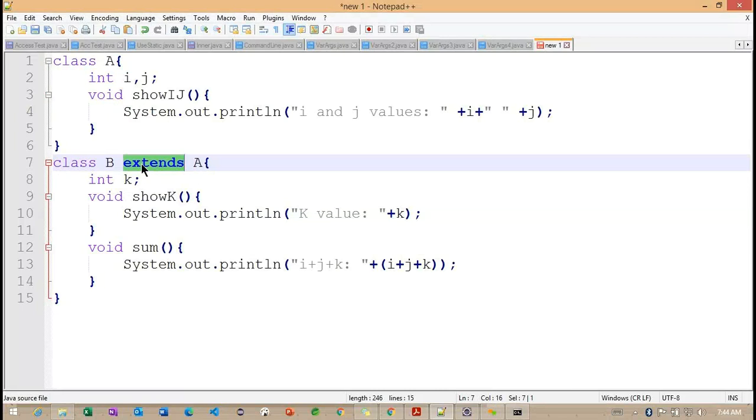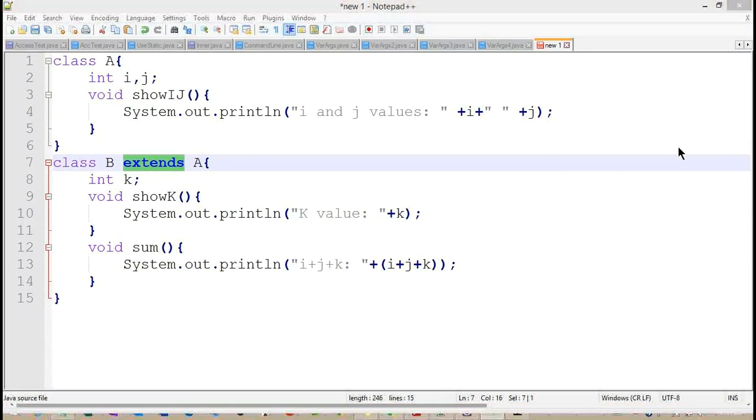Whenever we make this extends keyword, what happens internally? We are going to have a relation between these two classes. Class B can have access to class A properties.